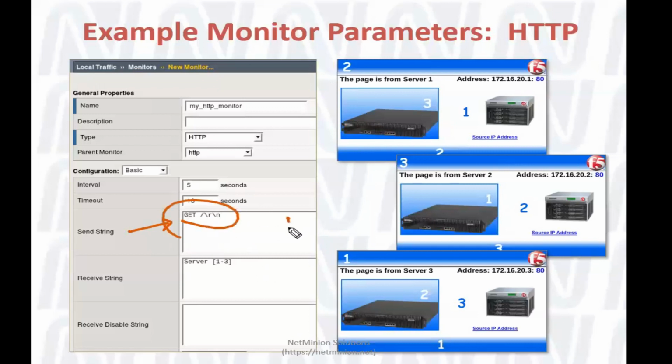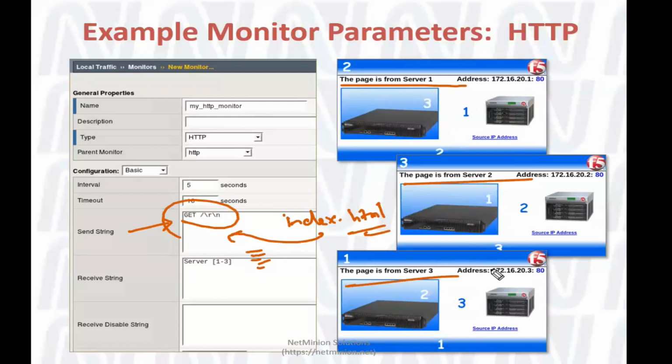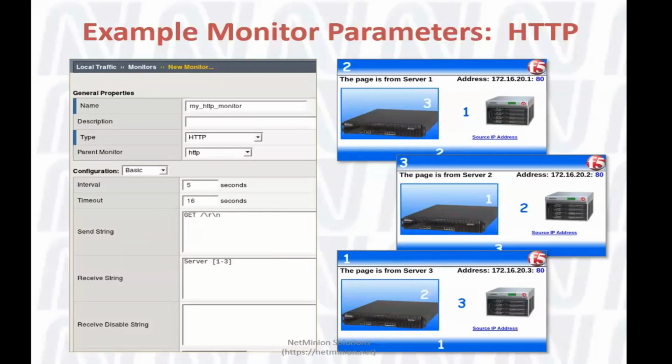This simply means there is an index.html file on your Apache server or whatever, and it is responding with your home page. On the home page, there can be something like: this page is serving from server 1, server 2, server 3, blah, blah, blah, or a number of other things. We are capturing a string, which is